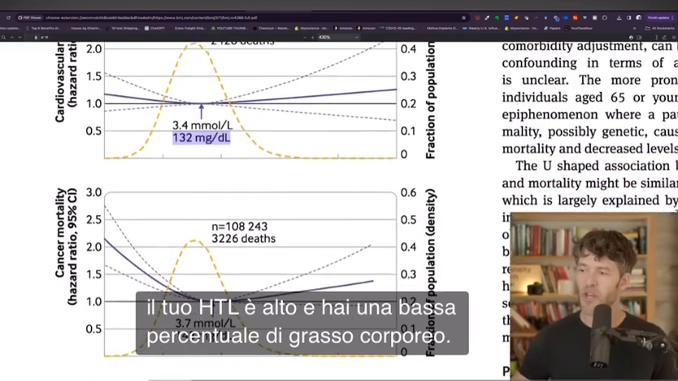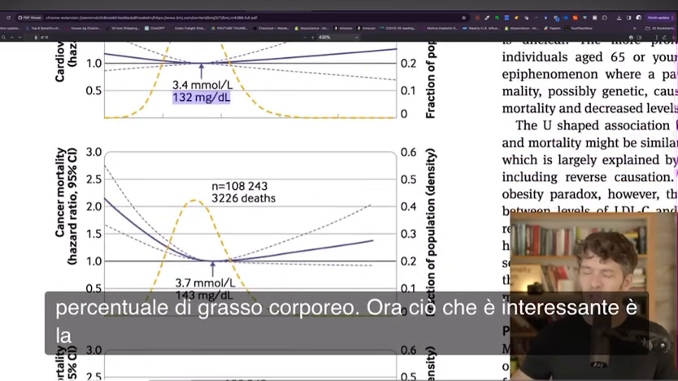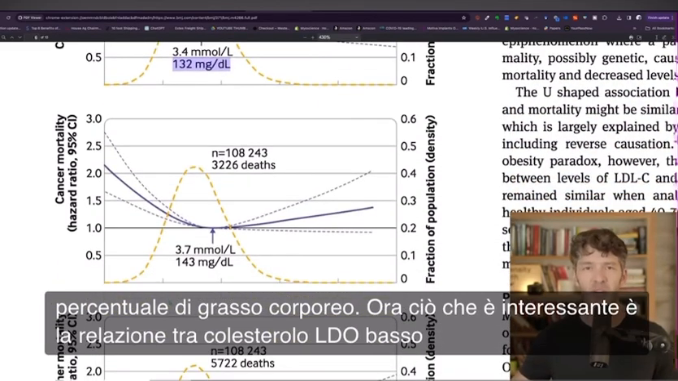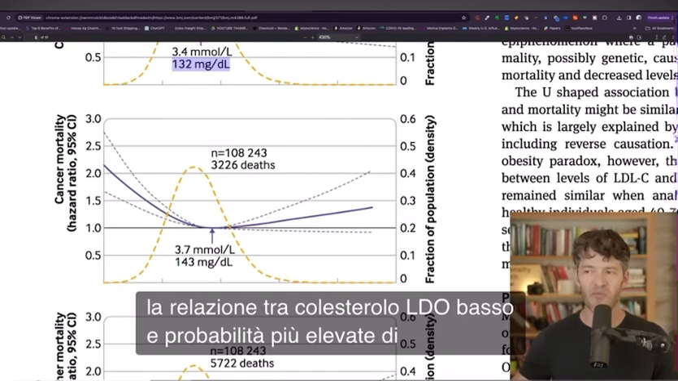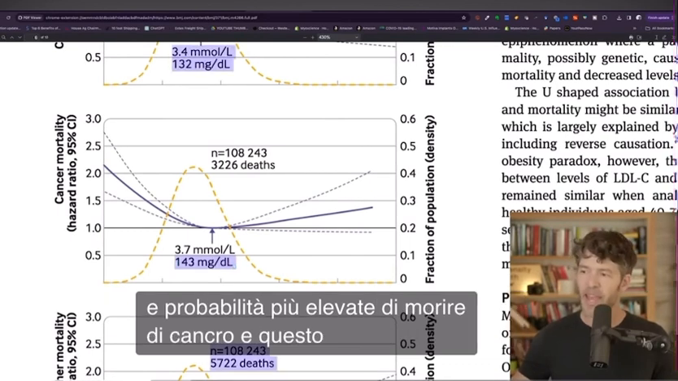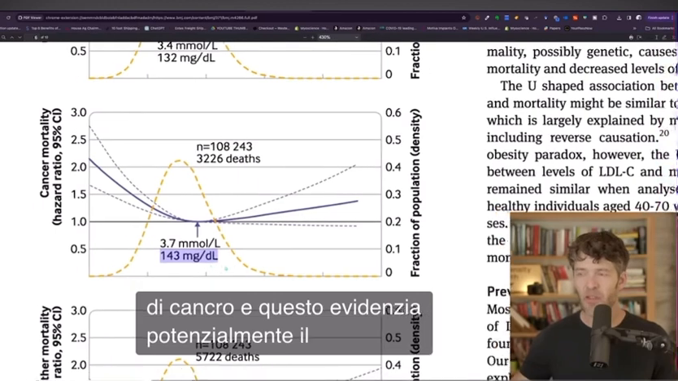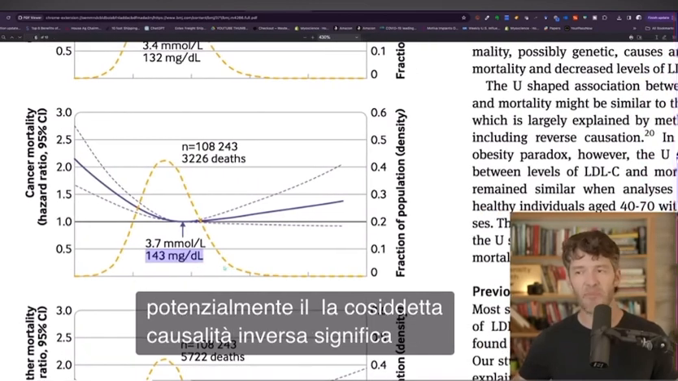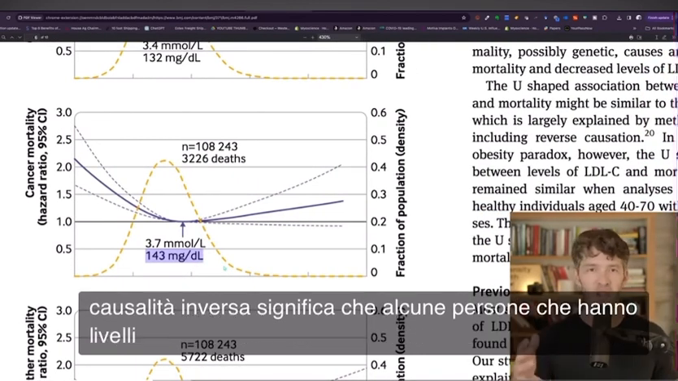fat percentage. Now, what's interesting is the relationship with low LDL cholesterol and higher odds of dying from cancer. And this highlights potentially this so-called reverse causality, meaning some people that have really low LDL cholesterol